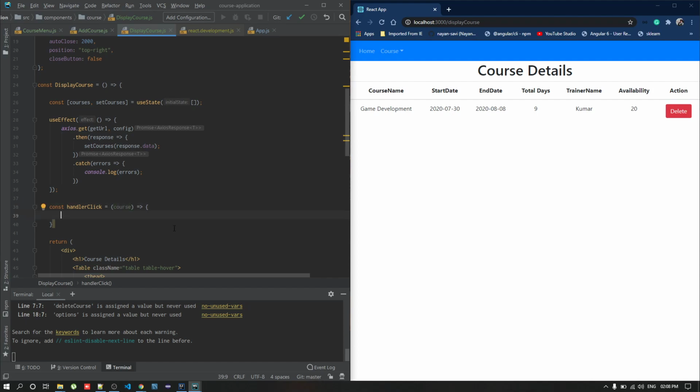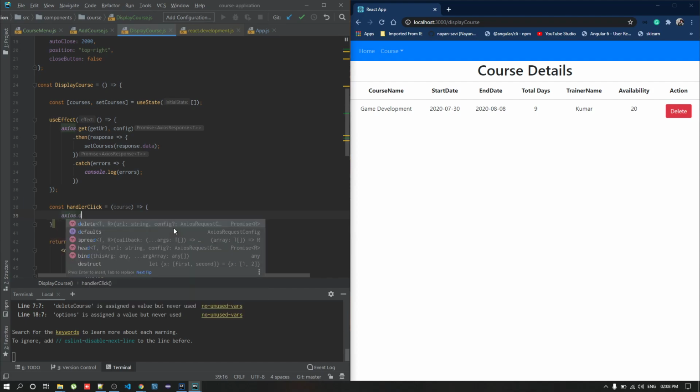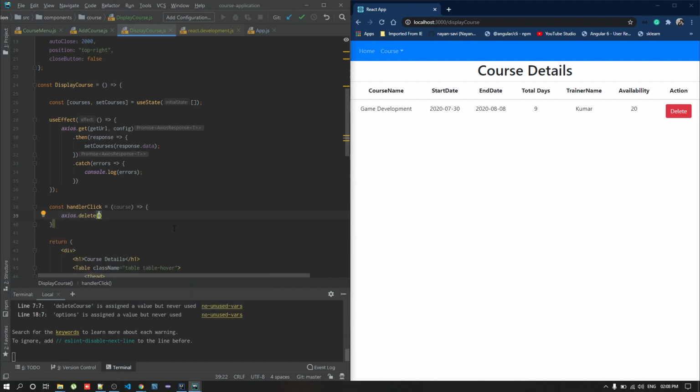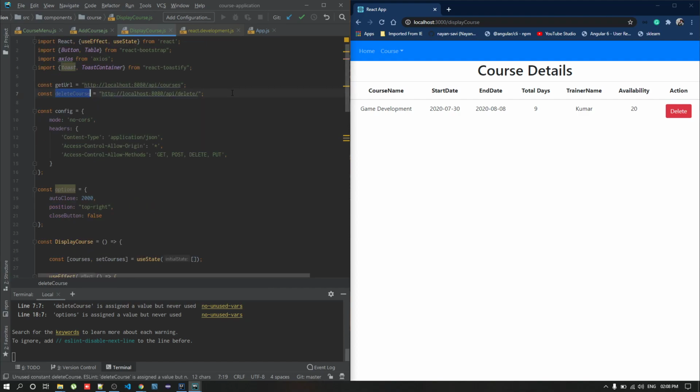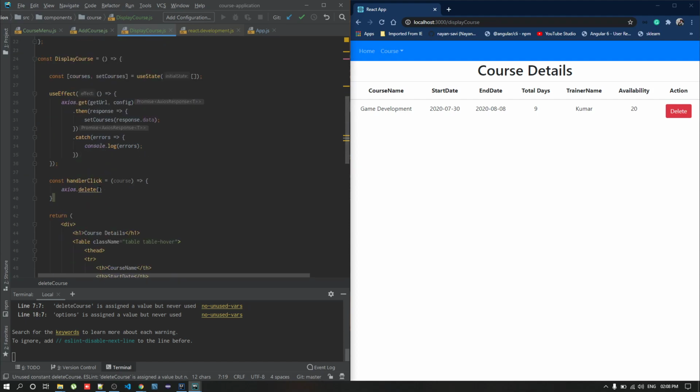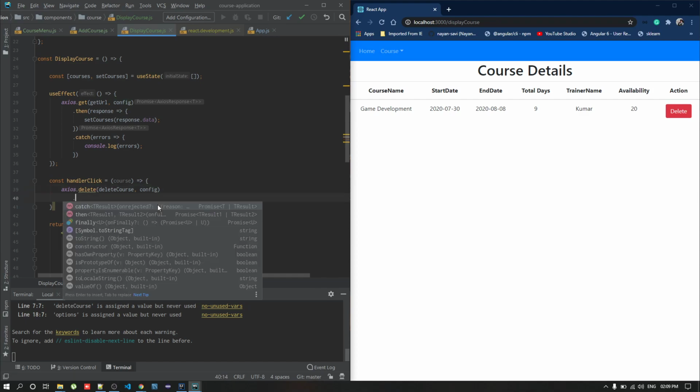Okay. So I need to delete based on my UUID. So let me add my Axios delete with the URL. I have my delete URL endpoint here. So I'll be calling this endpoint and my configuration. Once we are done with the deletion, delete will return a promise.